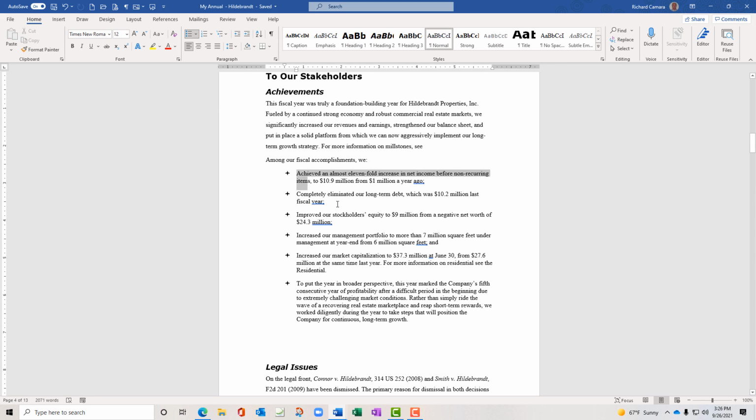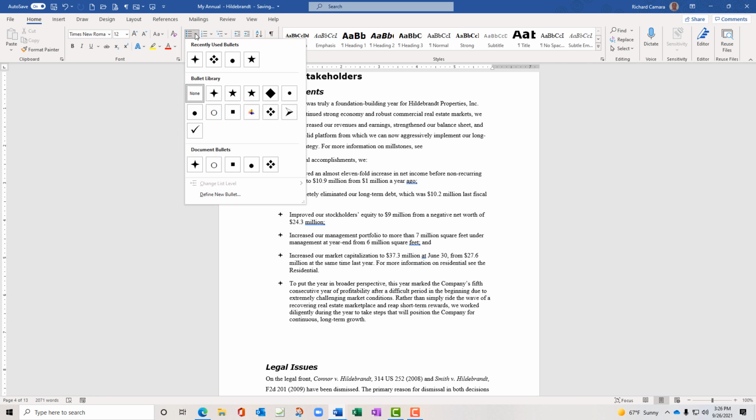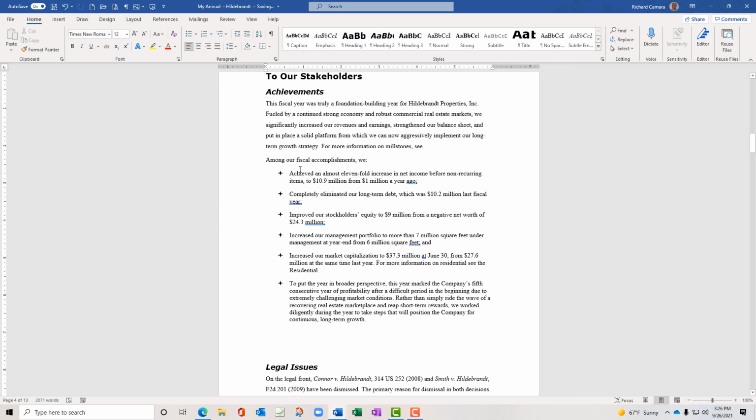So I'll select them again and just move things back a little bit. More practice. And there we go. It looks good. So you also have indent levels with your bullets. And so there's different list levels. So when you select them,